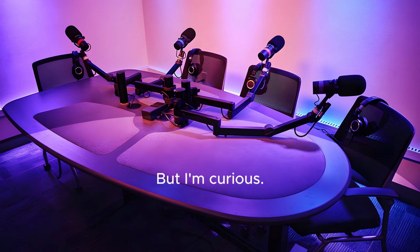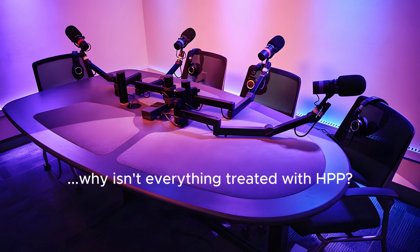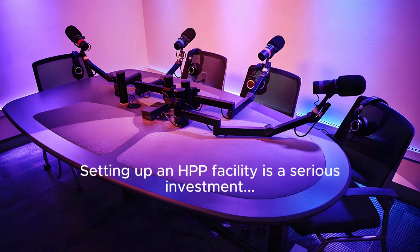But I'm curious, if it's so effective and we've had the concept for ages, why isn't everything treated with HPP? That's a great question. One of the main challenges is the cost of the equipment. Okay. Setting up an HPP facility is a serious investment,